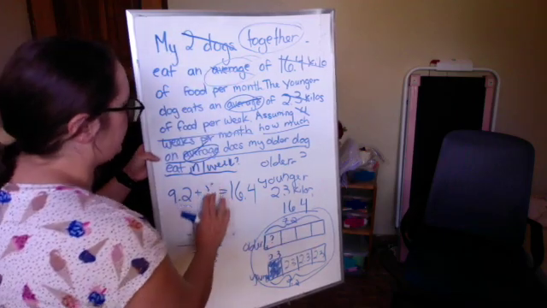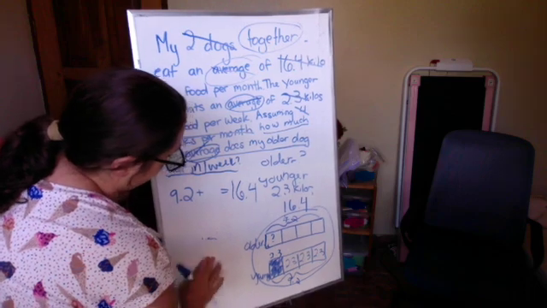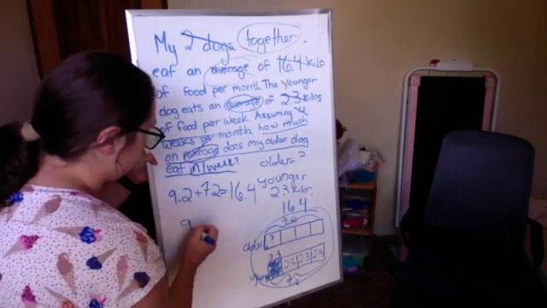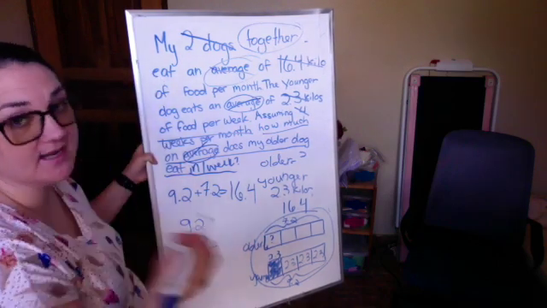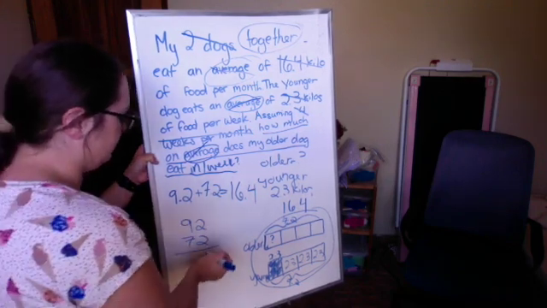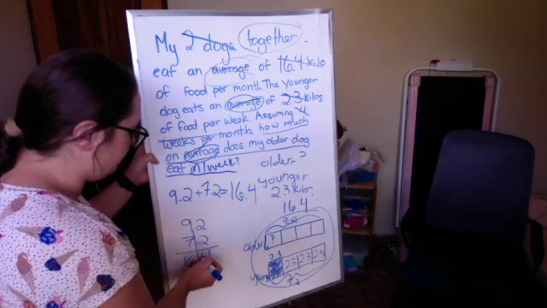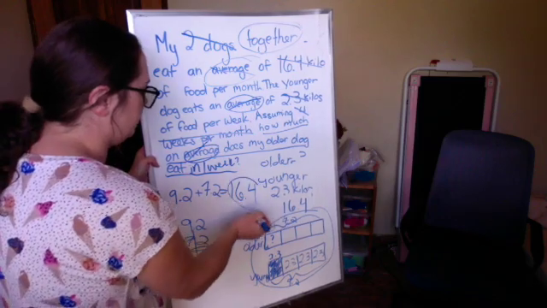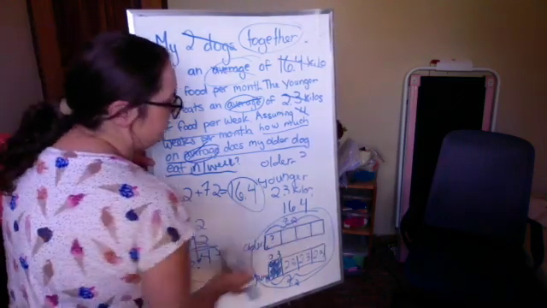And I can check this back by plugging it in and making sure that 7.2 plus 9.2 is equal to 16.4. And I'd say we've got to line it up at the decimal. 2 plus 2 is 4. 9 plus 7 is 16. Bring it down, bring it down, bring it down. So this is equal to this. We're good to go. But I'm not done yet because I have 7.2,